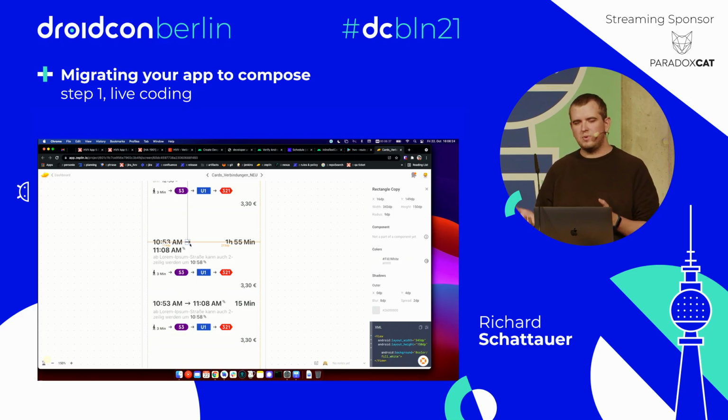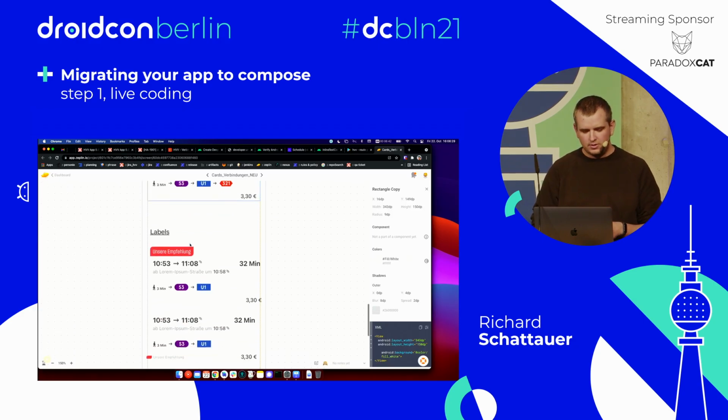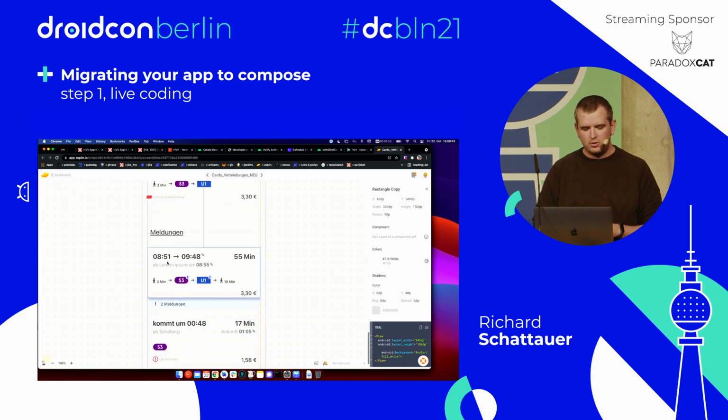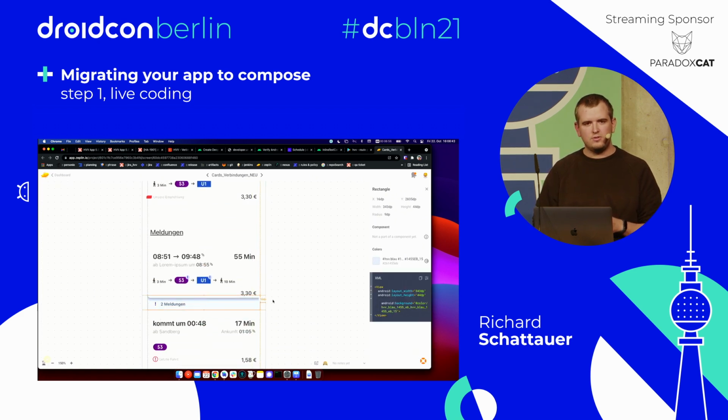This is a drawable in the Android view, and in Compose it's something different. You also have the flags of frequentation that I will not touch in this talk right now. And then you also have announcements added to this when you're walking or driving. Meaning as you are on route, there is an announcement that something is broken. So you have 2 announcements where you can click on those. This is included in the design component, but it is a design component in itself. And we already changed that to Compose, so I don't have to do it.